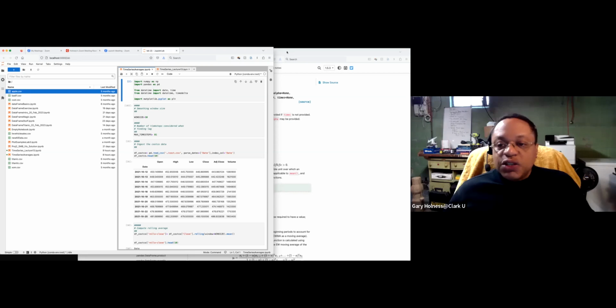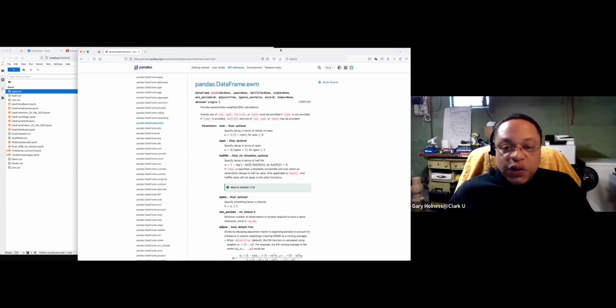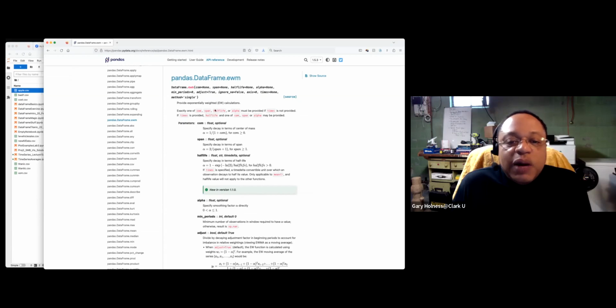All right. So the first thing I'm going to do, I'm going to bring Firefox up. So here is the Pandas data frame EWM API documentation. And for this, you'll notice one of the options, you have alpha equals none here. If you don't specify a value, alpha is a scalar between 0 and 1 on the closed interval on the real number line. If you don't specify an alpha, it's going to use the span to calculate alpha. Why they did it this way is very curious to me. It's very interesting. But I'm certain if you post it on various forums where the implementers of Pandas live, you'll get an answer for that.